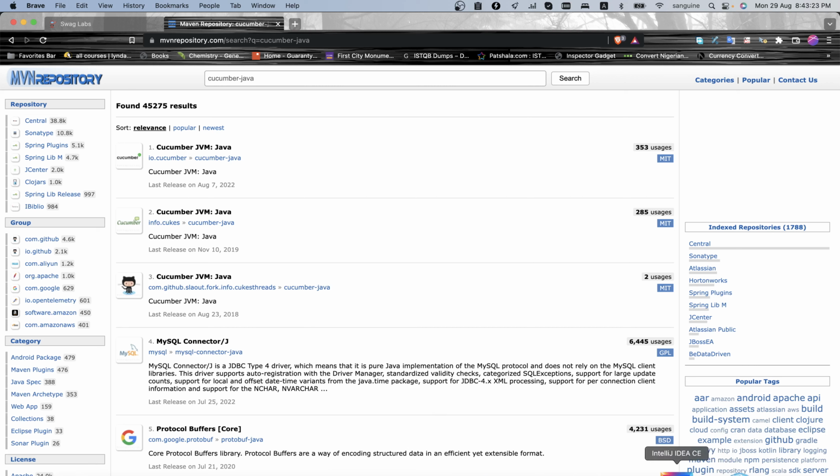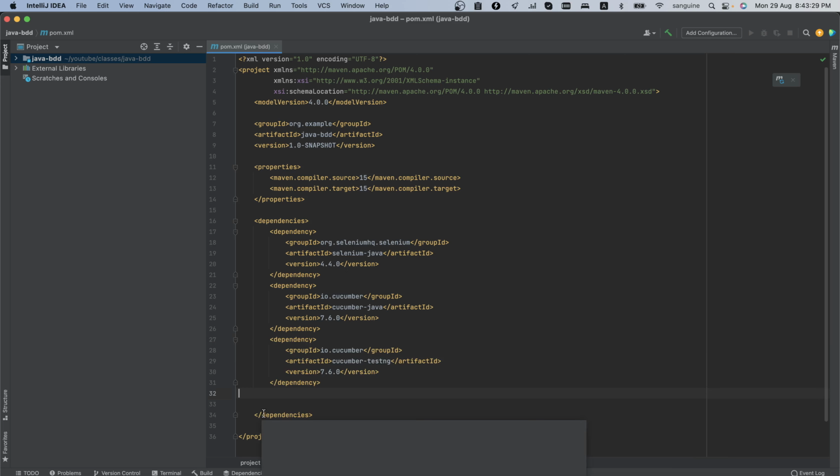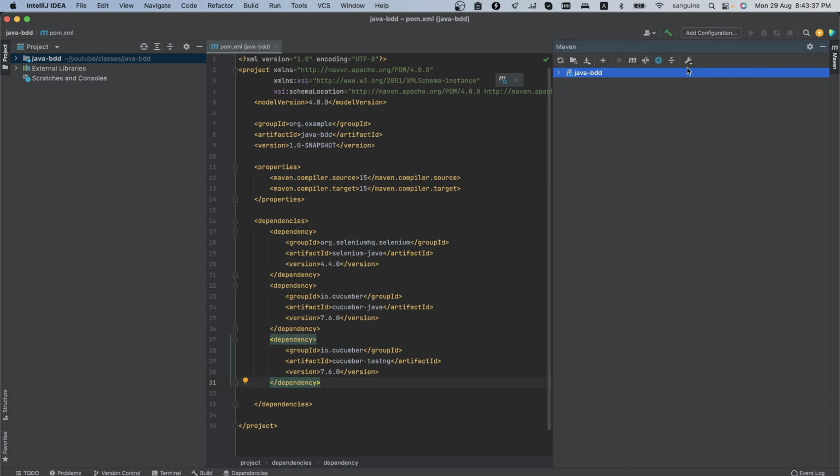So we have that now, but this is not a guarantee that it will work for us because it has not even been built into our project. So what we need to do is come to the Maven board here and click reload all Maven projects. As you can see, it is resolving the dependencies, importing them just as expected. So while that is running,